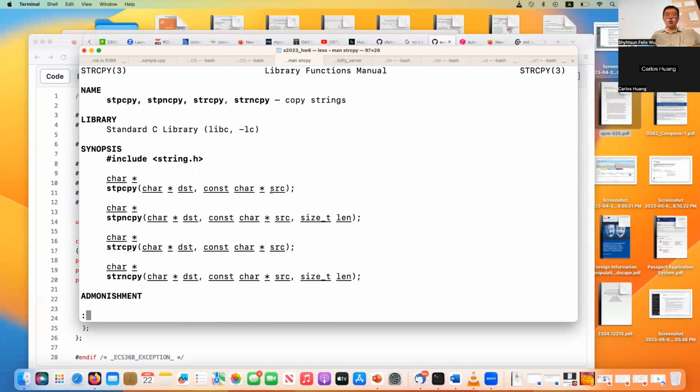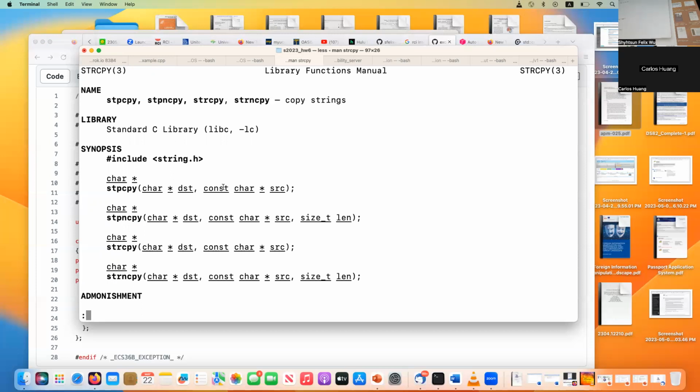And then you have the source, which is also a C string, right? So that is essentially a strcpy. By the way, this one is const, okay? One of the things that's really tricky about strcpy,